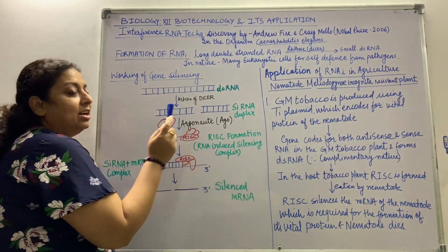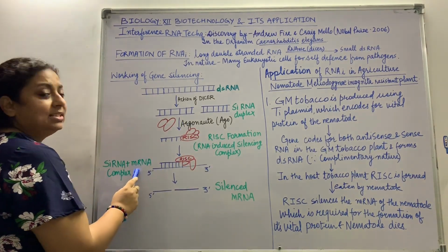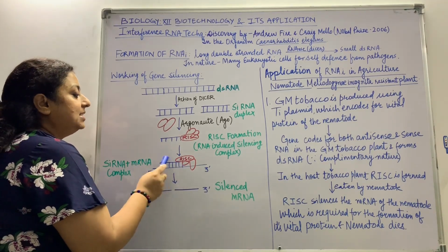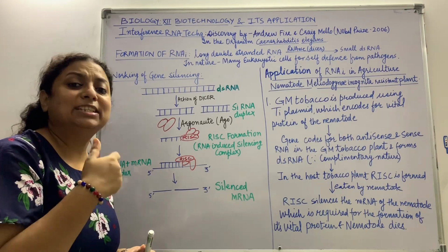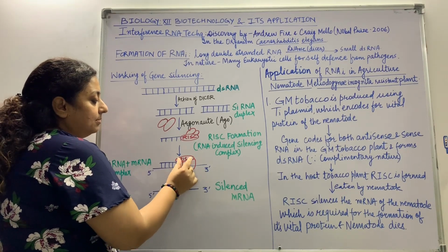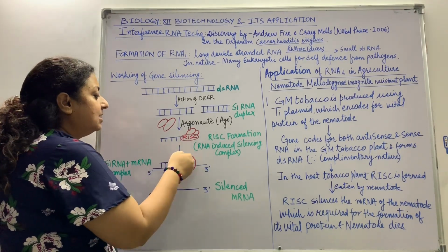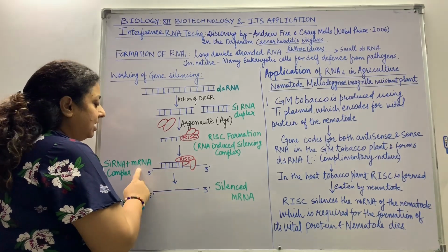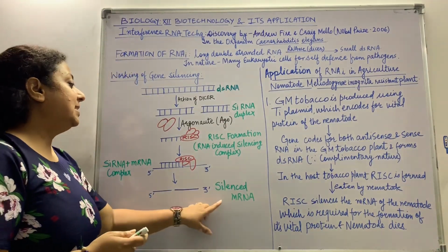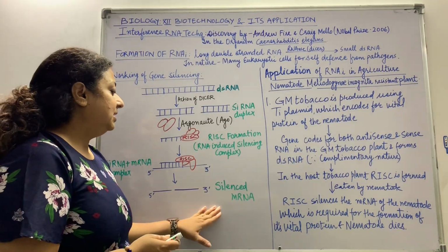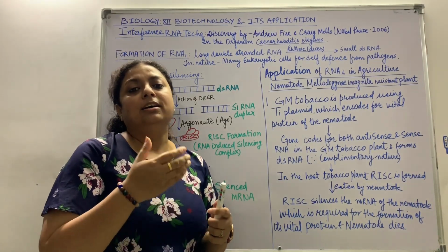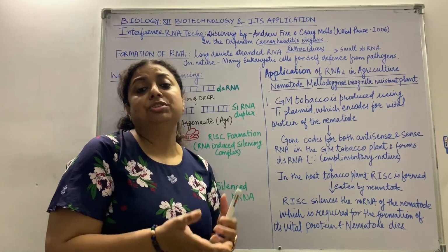This RISC is now going to recognize the messenger RNAs which are complementary to the RISC strand, and automatically all the mRNAs which are synthesized and not to be expressed, right? So not to be translated. That is actually recognized by the RISC complex, and it is sliced, it is broken down. Thus mRNA loses its identity and further it cannot be converted or expressed into proteins. So this is silencing of the mRNA. This method is used in nature for self-defense by many eukaryotic cells, so that we should not have any protein formation which is of no use, right?